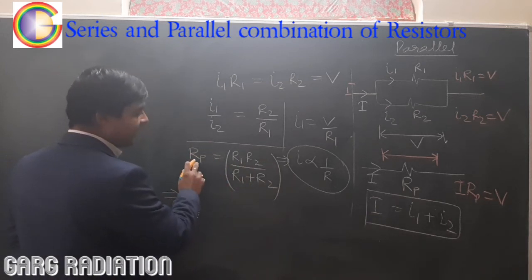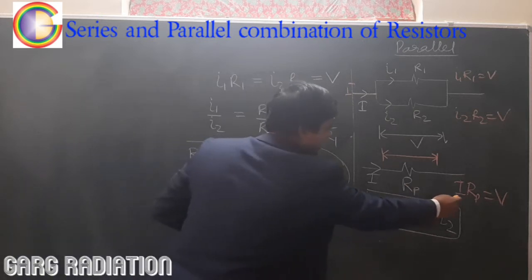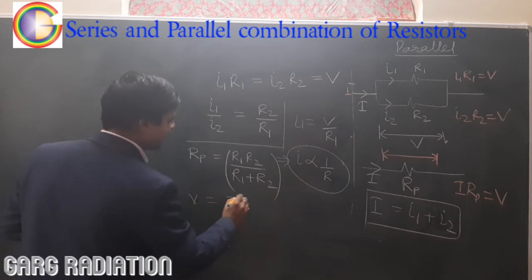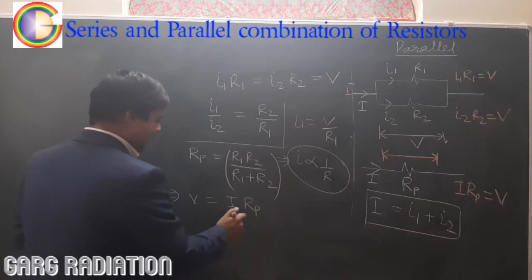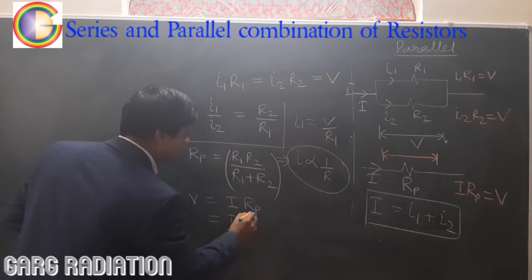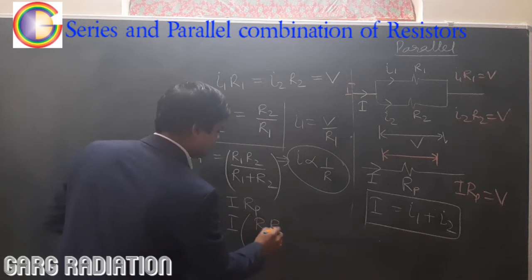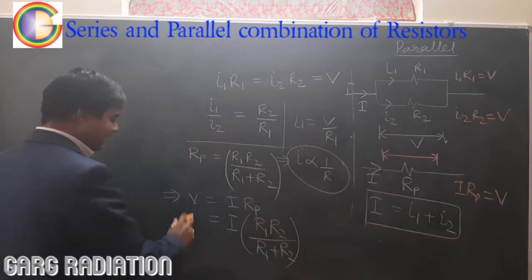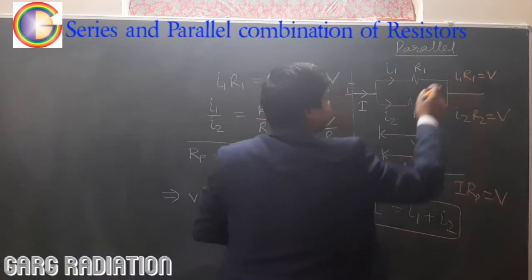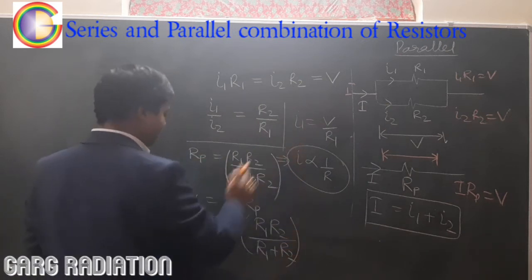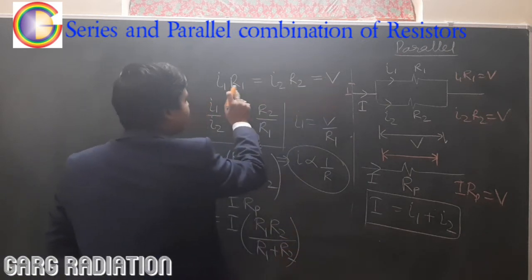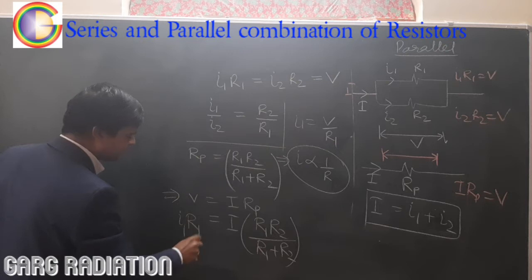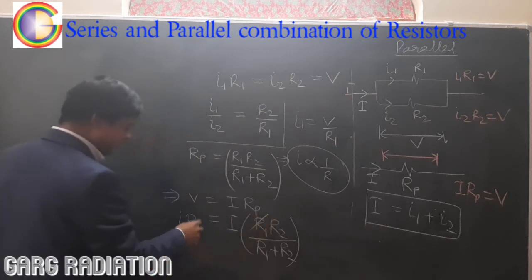Now, if RP is known to us, can we find V? Yes, V equals I into RP. Yes or no? And RP we can write like this: I into R1 R2 upon R1 plus R2. And this V, since all of these V's are equal, this V we can write as I1 R1 also and I2 R2 also. So if we write it as I1 R1, then